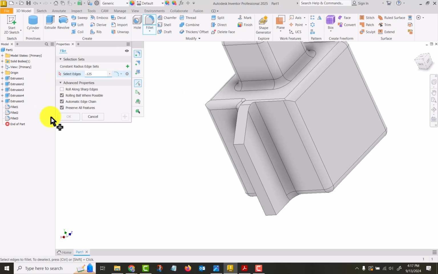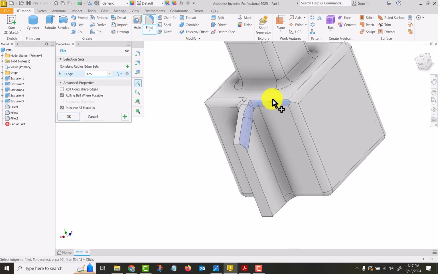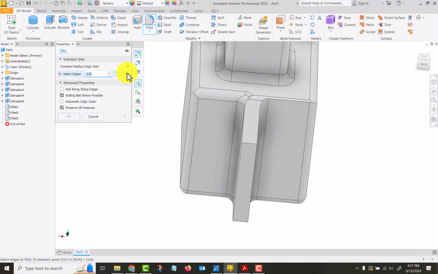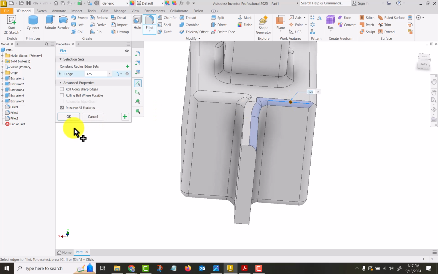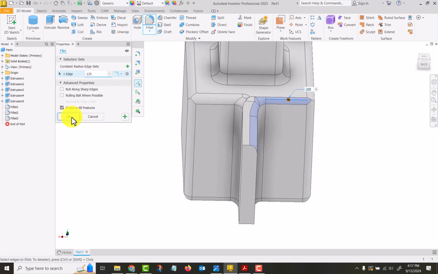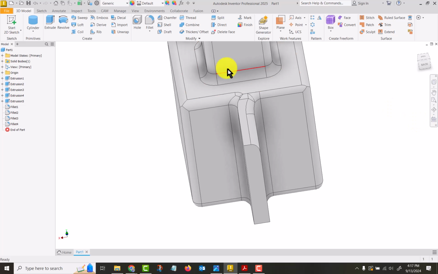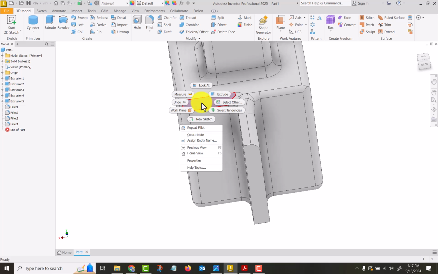And let's expand advanced properties. And I'm going to turn off automatic edge change. But it still picked up that whole edge. So let's turn off that. Okay, it's still picking it up. Weird. Usually it would not pick up the entire thing. But you can see this is real wonky looking, and that's not a good choice of filleting. So I'm going to right click that one and